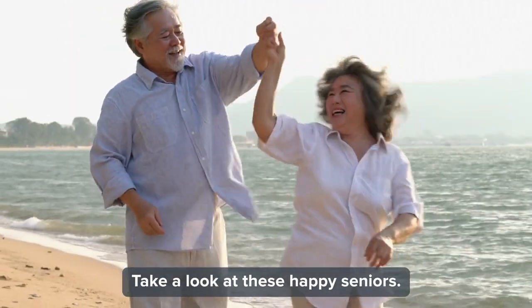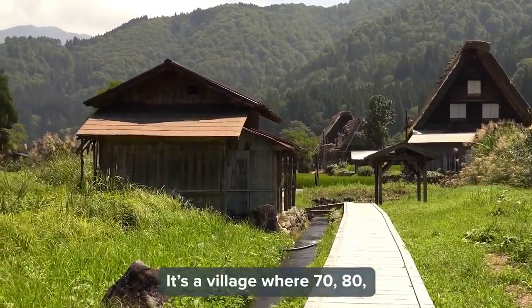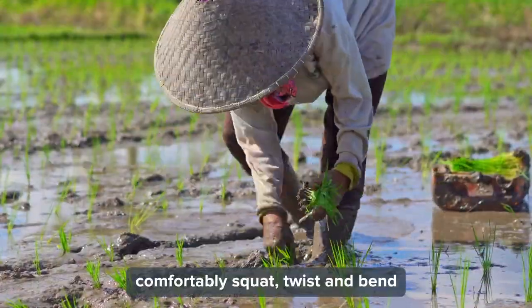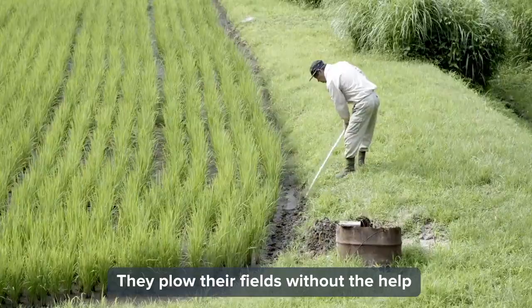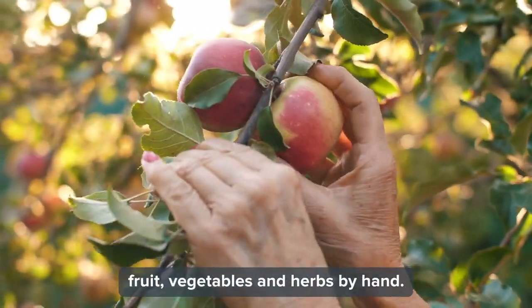Take a look at these happy seniors. They live in a tiny remote village in the mountains of Japan. It's a village where 70, 80, and even 90-year-olds comfortably squat, twist, and bend for up to 8 hours a day to farm their rice crops. They plow their fields without the help of modern machinery, and they continue to harvest their fruit, vegetables, and herbs